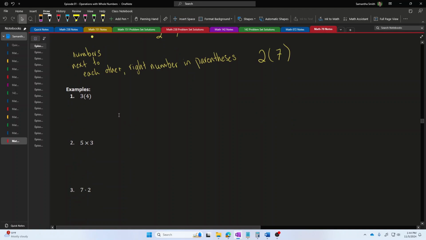So, for example, if someone says to me, what is 3 times 4? 3 in parentheses next to 4. They're asking me to multiply 3 and 4 together. I could think of this as taking 4 copies of 3 and putting them together into one pile and counting up what I have in total: 1, 2, 3, 4, 5, 6, 7, 8, 9, 10, 11, 12. In total, the result of this repeated addition would be 12 units.